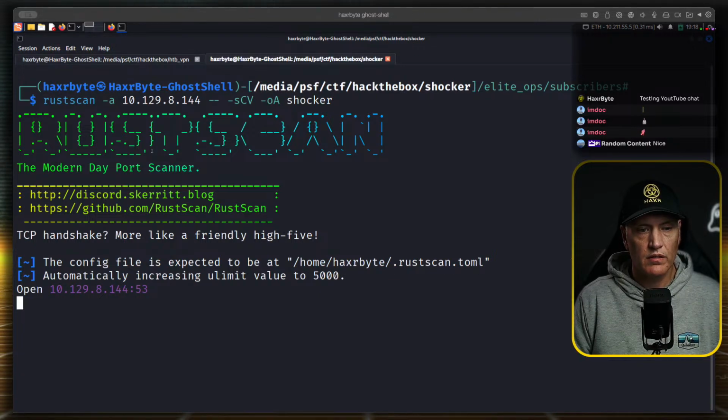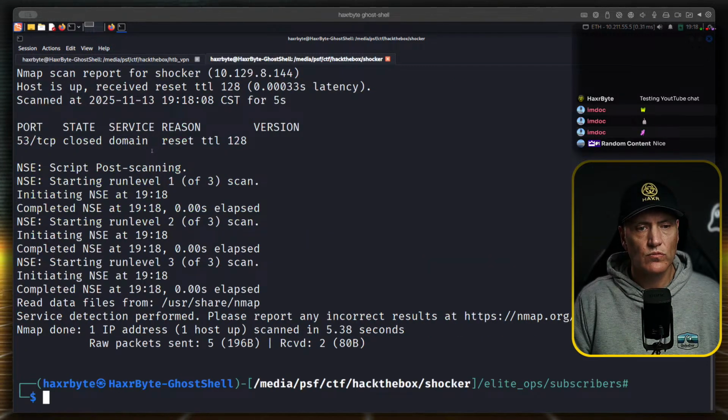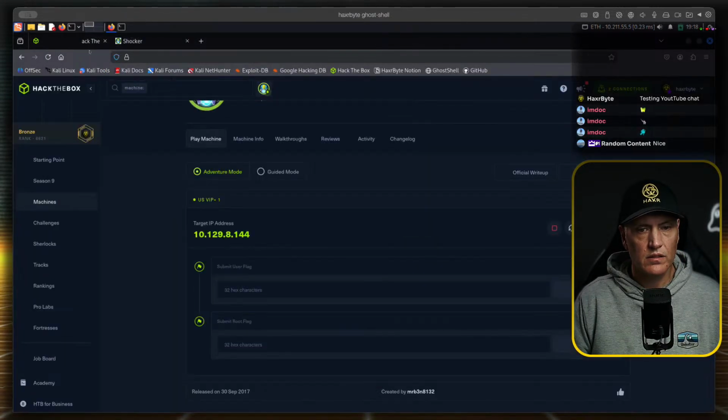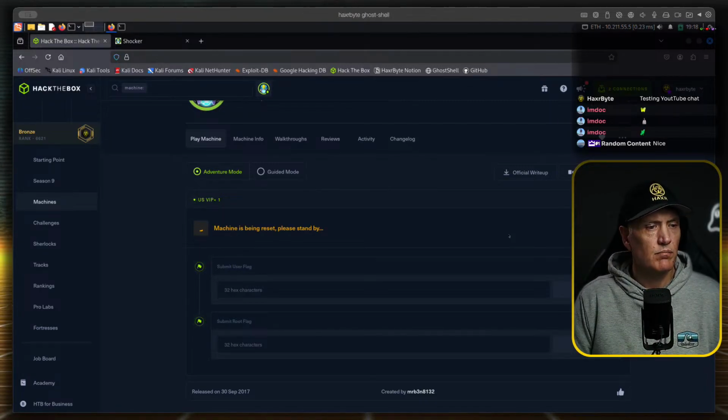There we go. Well, there's an open port, so it's obviously up. Only one port, and it says closed. I think it's not happy with us. I think we might have to restart this box. Okay, let me revert this box. Reset it. Must be some issue with the box. Didn't come up correctly.